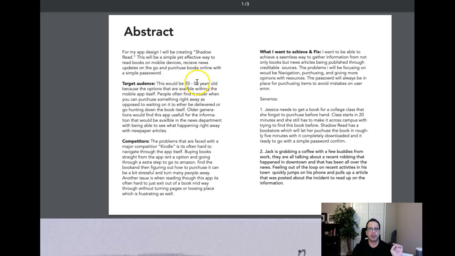Target audience would be 20 to 50. Why is it that we're stopping at 50 here? I think that if you take a look at research and try to determine who's doing a majority of the reading, specifically pleasure reading, it would be the senior group.